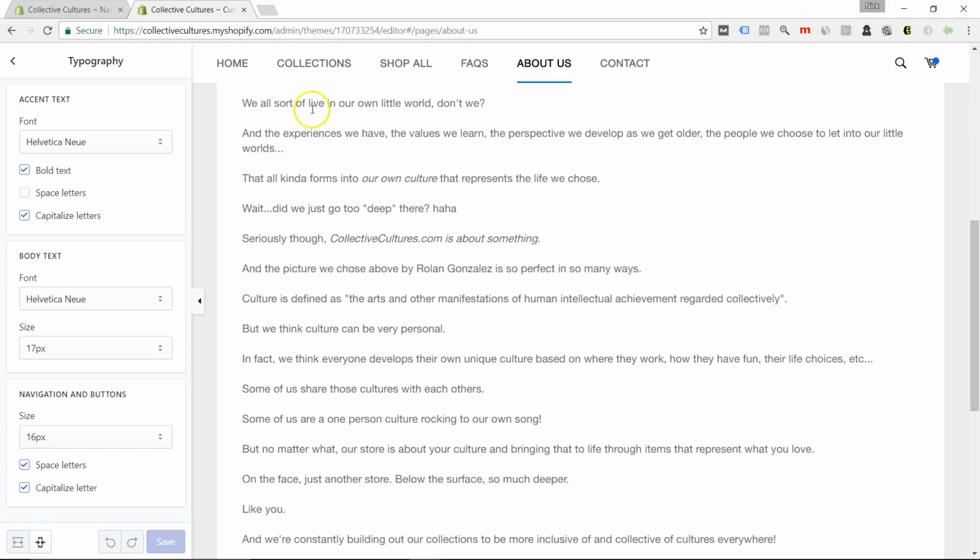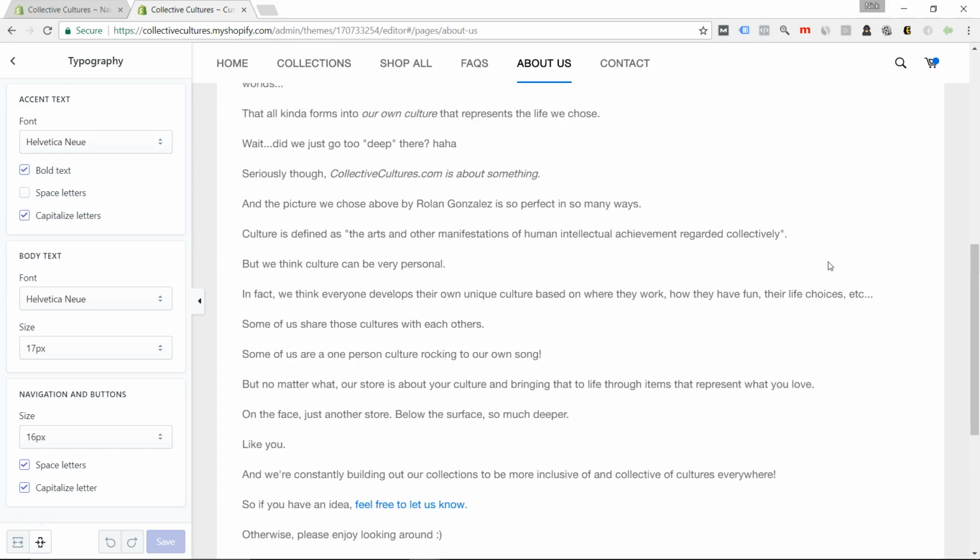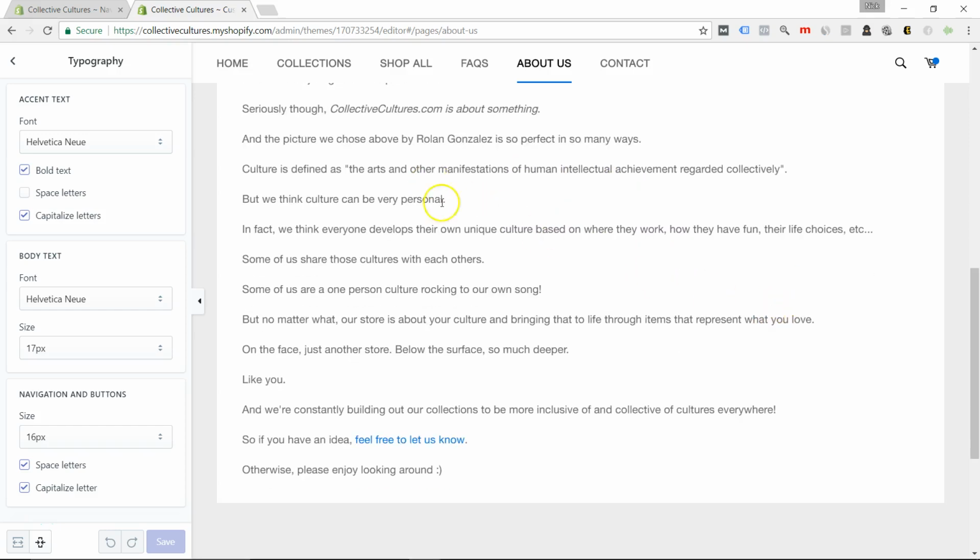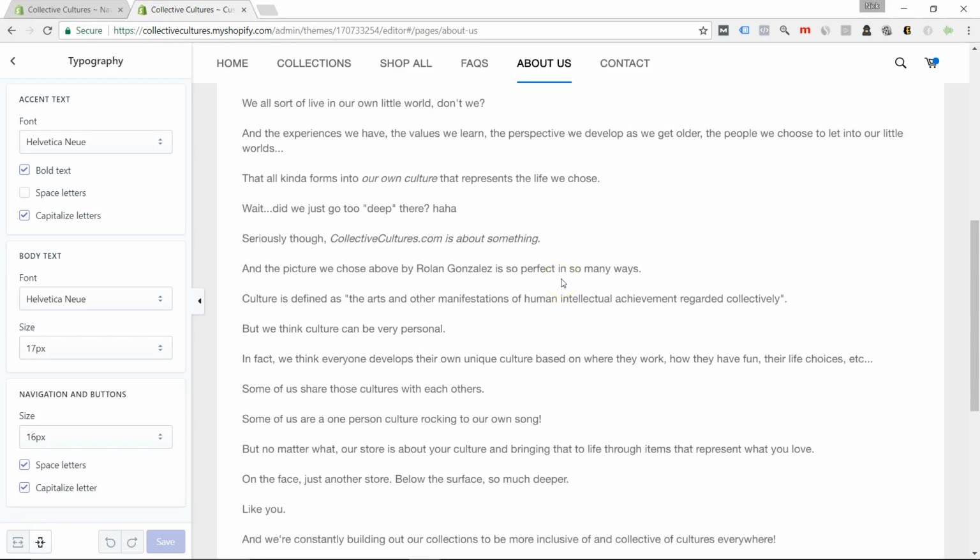I said, we all sort of live in our own little world, don't we? And the experiences we have, the values we learn, the perspective we develop as we get older, the people we choose to let into our little worlds, that all forms into our own culture that represents the life we choose. Wait, did we just go too deep there? Seriously though, collectivecultures.com is about something, and the picture we chose above by Roland Gonzalez is so perfect in so many ways. And then I just go on to give my idea of what this is all about